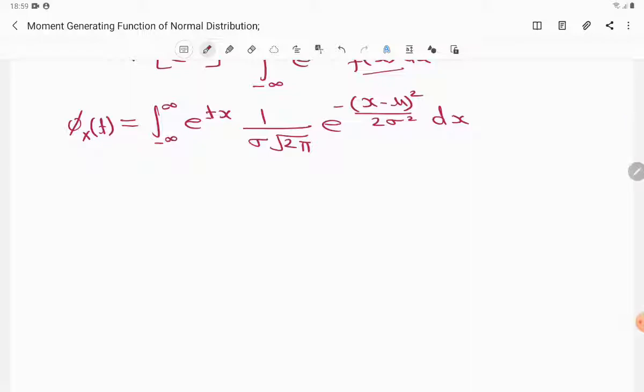Now we have this term over here, which is (x minus mu) whole square divided by sigma square. If you are somewhat familiar with statistics, you will remember that there is a term called the z statistic, and it is quite a famous one. So for the z statistic, we can simply write Z as (X minus mu) by sigma. Again, because I am talking about a random variable, I have taken capital Z over here, and over here I have taken capital X.